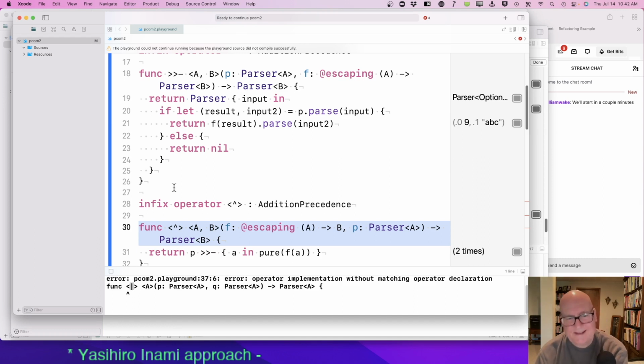Oh. I bet you're glad you're not paying to watch me sit here and think about things. Okay, so P is the parser, goes in to that greater minus. I think it's bind.